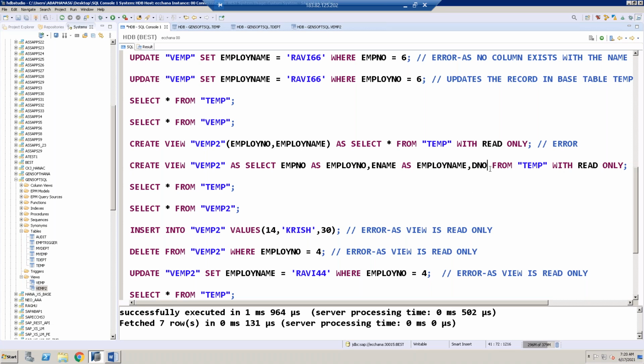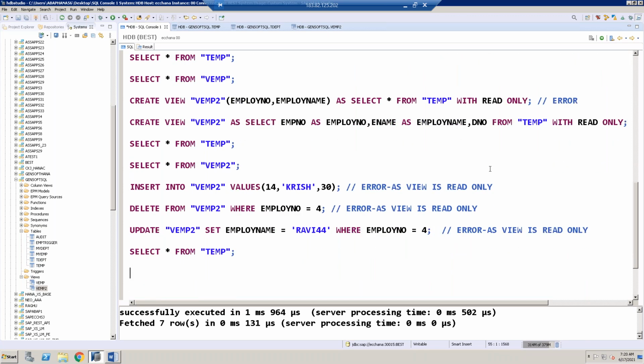Read only, and that is done by using the addition what? With read only. Okay, now what I'll do, I'll try to create a view on top of multiple tables. So already we know we can create the view on top of more than one table. I will not use any addition called with read only, but a view created on top of two or more tables is always